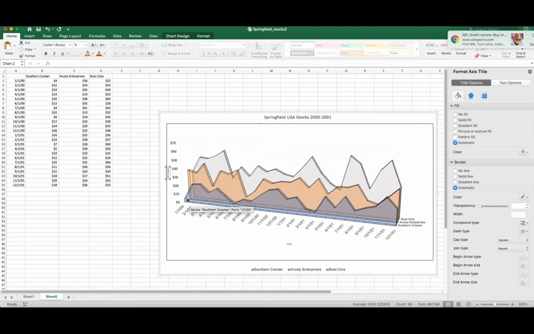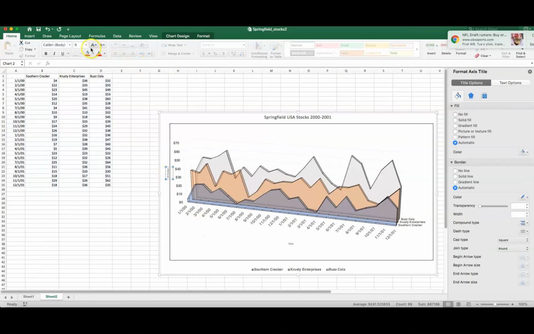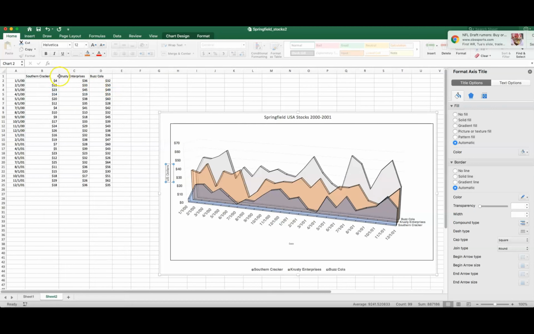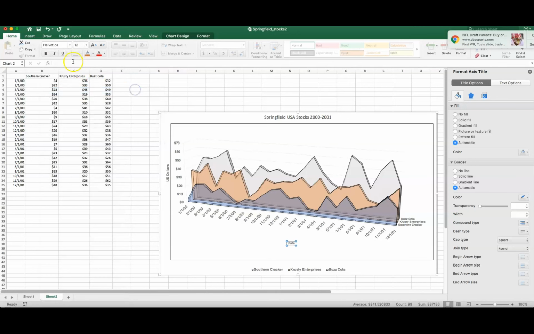Okay. The other thing we might want to do here is notice how small these are on our axis titles compared to other things. So we want to make sure our fonts are consistent. 12, Helvetica, bold. And the same here. 12 and Helvetica and bold. Okay, so we have our date, we have our US dollars marked, we have our chart, we see